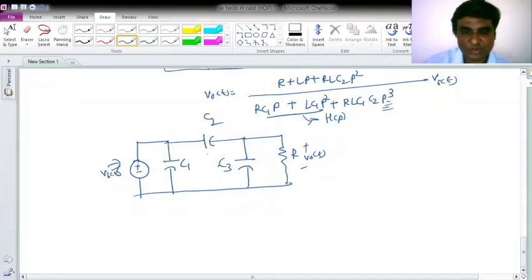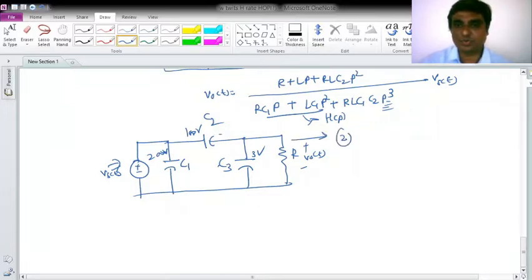So here look carefully, Vs of t has some fixed number, right? Do I have the choice to set 3 voltages independently? If I set, let's say, 3 volt here, 100 volt here, and 2000 volt here, will it be okay? Will your KVL be satisfied? No, this is not possible, right? So what are the degrees of freedom I have, which I can set independently? Out of these 3 voltages, I can set any 2 independently. Okay, so it means the order of my network is 2.